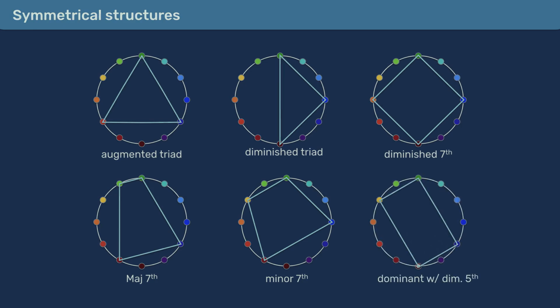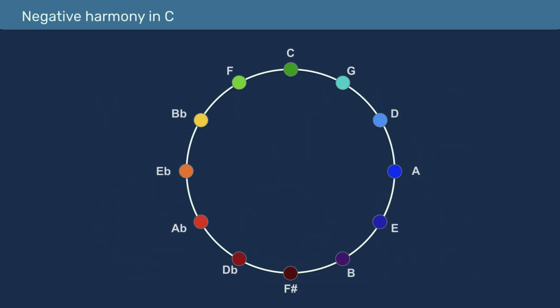As we've seen, one of the features of negative harmony, at least as proposed by Jacob Collier, is the relationship between chords whose root notes are equidistant from the tonic on the circle of fifths. For instance, a G chord inverts into an F chord. Both are a fifth apart from C, but G is a fifth higher and F is a fifth lower than C. A major triad inverts onto a minor triad,